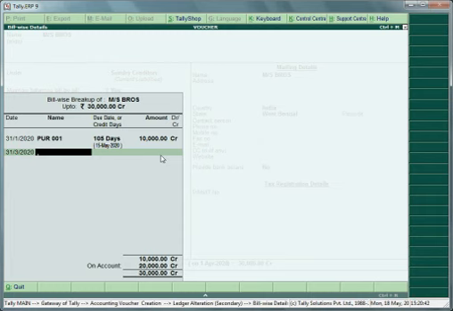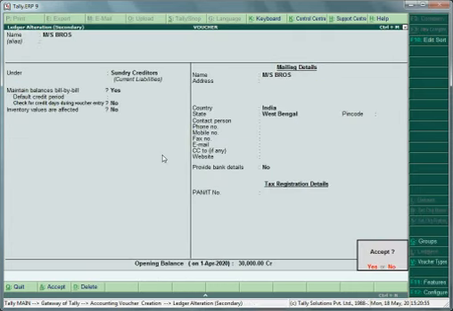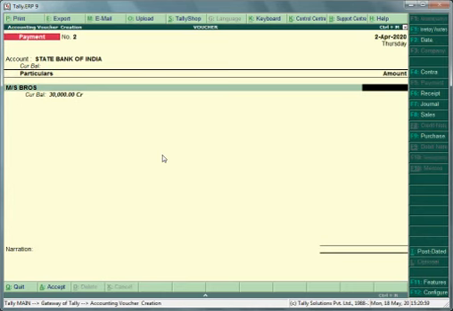Here I suppose bill number purchase 005, which is given for credit 200 days and the balance is 20,000. Now accept this page and accept the ledger. So our bill of Messrs Bros was created.